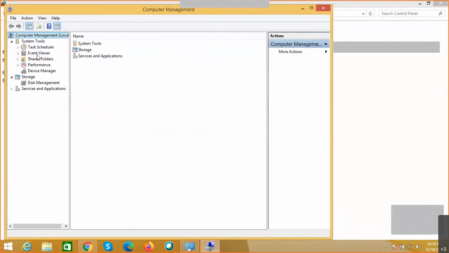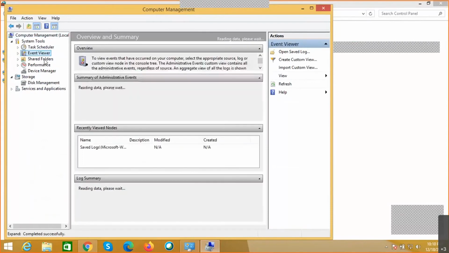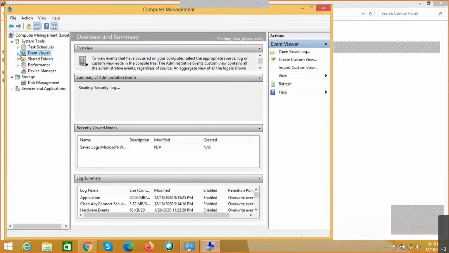Where we have a section called event monitor, where all the logs will be available. Even if there are network related issues or system related issues, all the logs will be displayed here. Even the blockings which are happening with respect to the firewalls, or whatever logs we need to check.